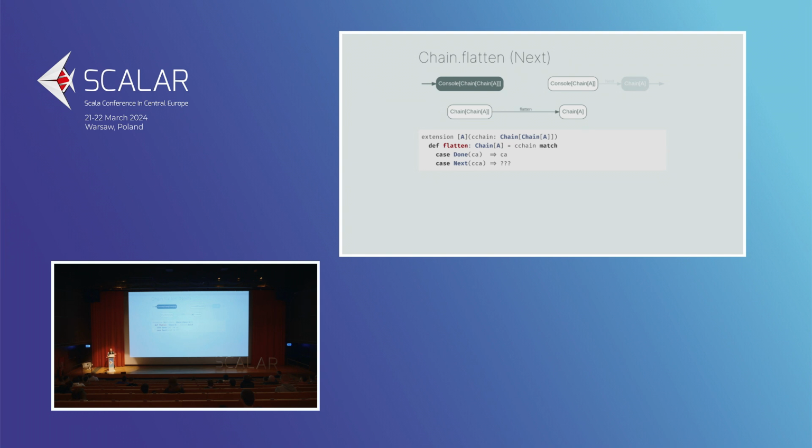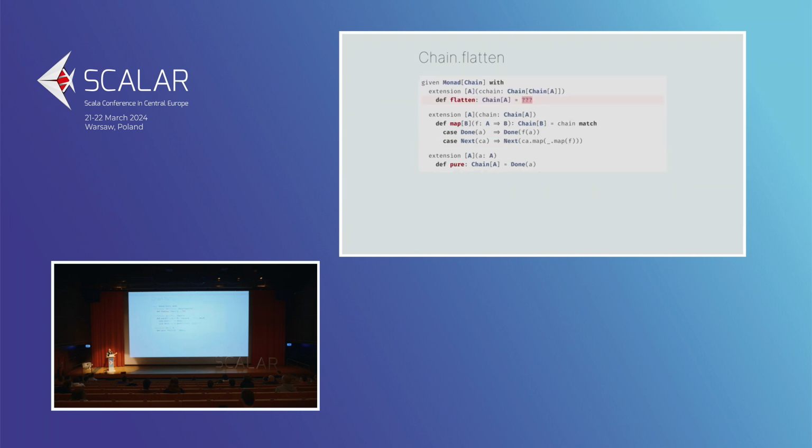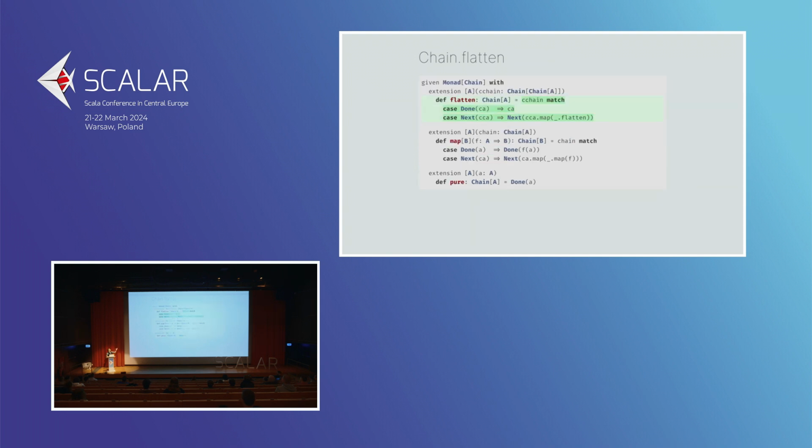So clearly, we want something functorial. We want to be able to take that function at the bottom and lift it into console. Luckily, we are assuming that console is a functor. So we can do that. This is our solution, and we can now implement the entirety of the monad instance for chain, except for that one bit. Console needs to be a functor.